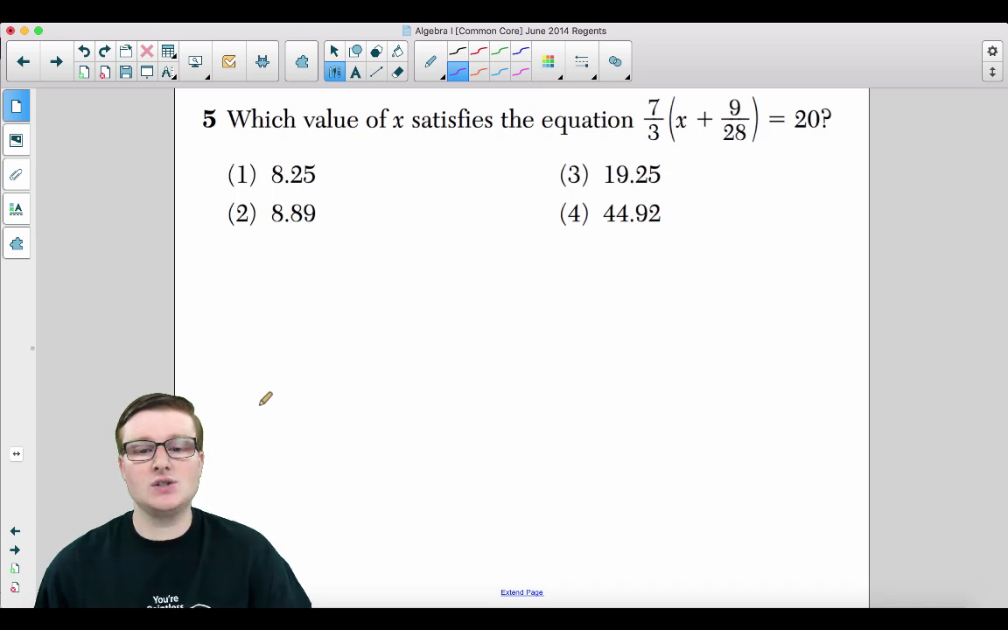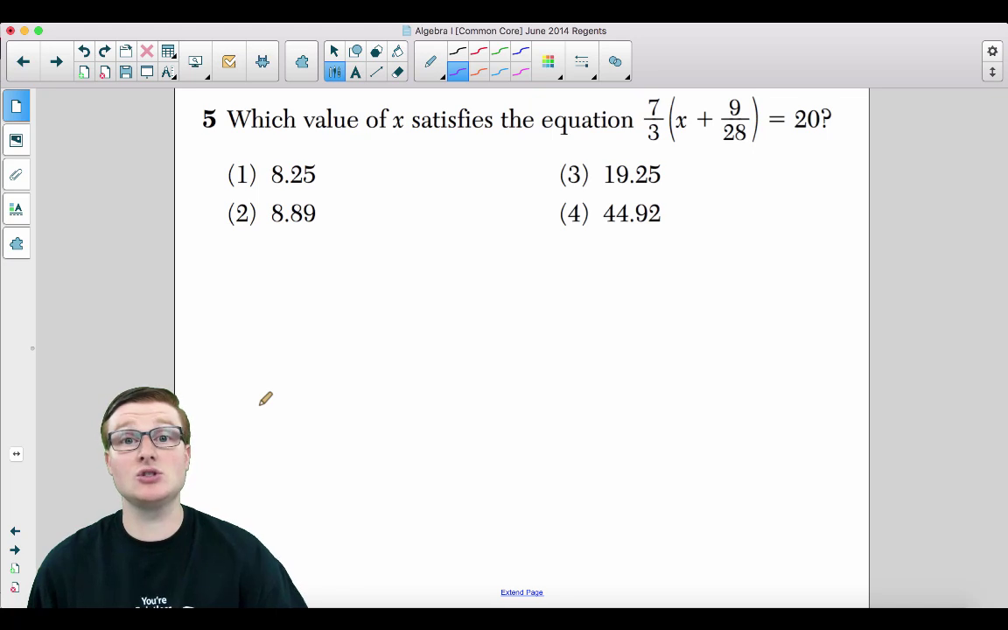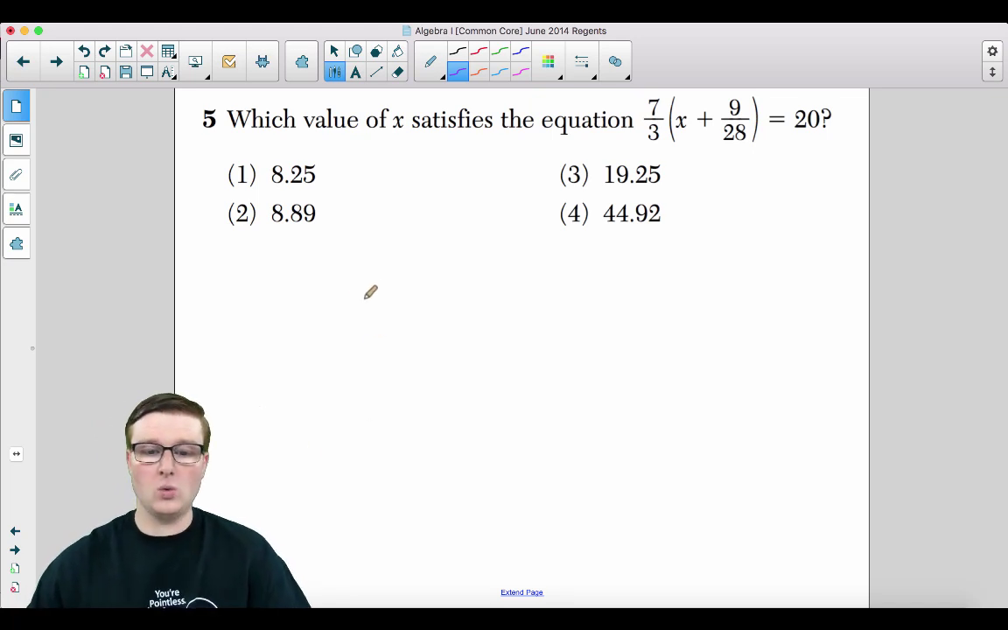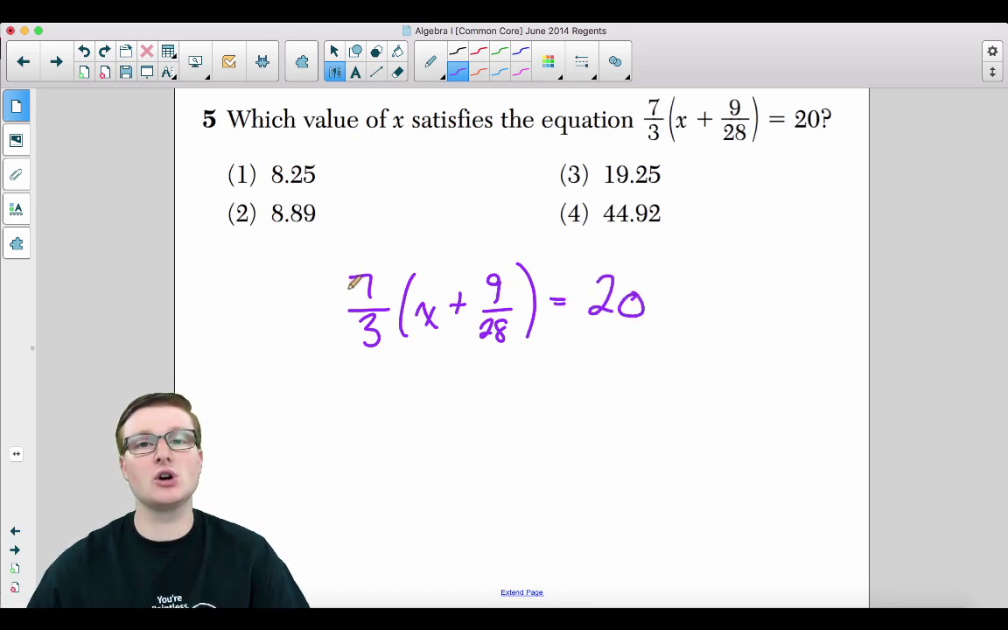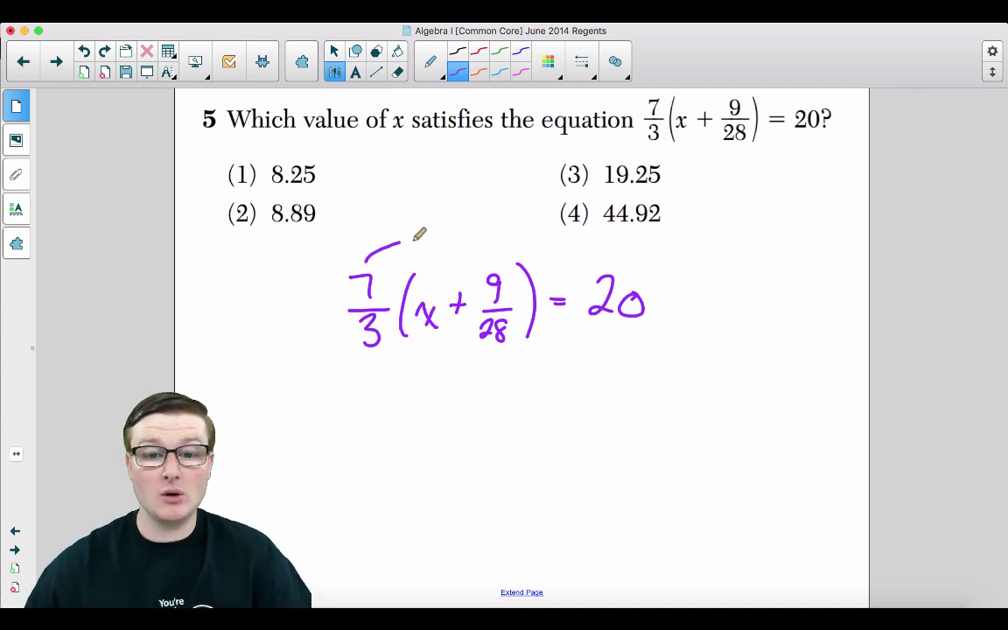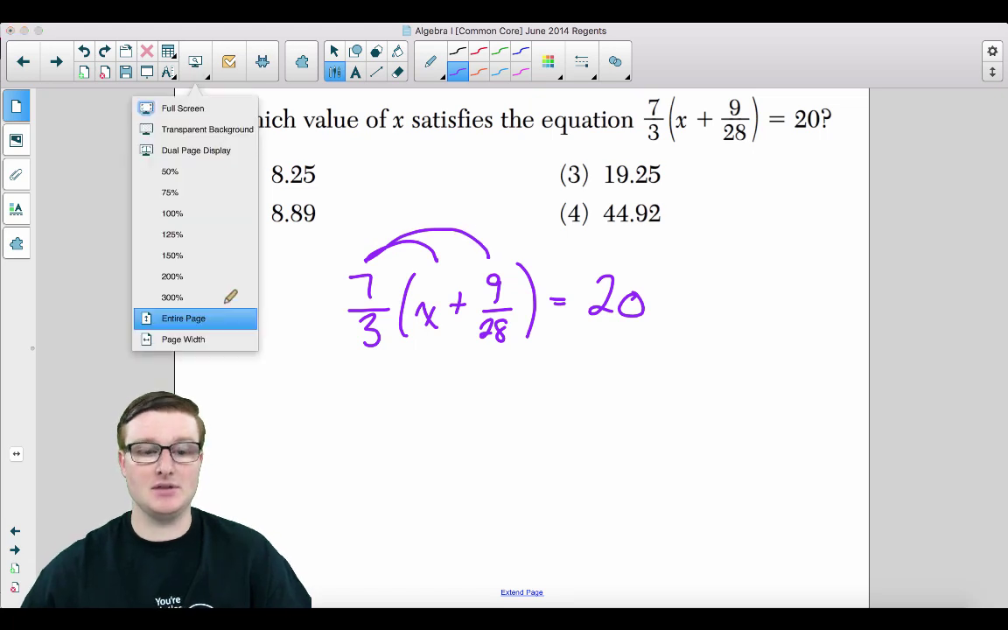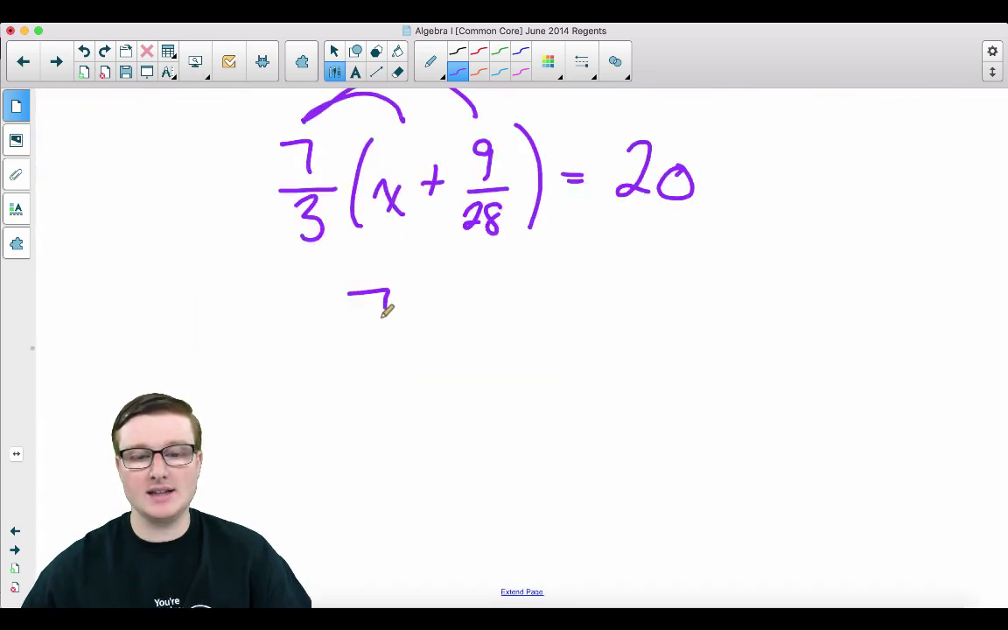All right, number 5. Which value of x satisfies this equation? 7/3 times x plus 9/28 is equal to 20. Now there's two different ways you could go about this. You could either distribute that 7/3, or you could first divide by the 7/3, which is really just multiplying by the reciprocal. I personally like distributing, so I'm going to distribute that 7/3. So we get 7/3 x plus